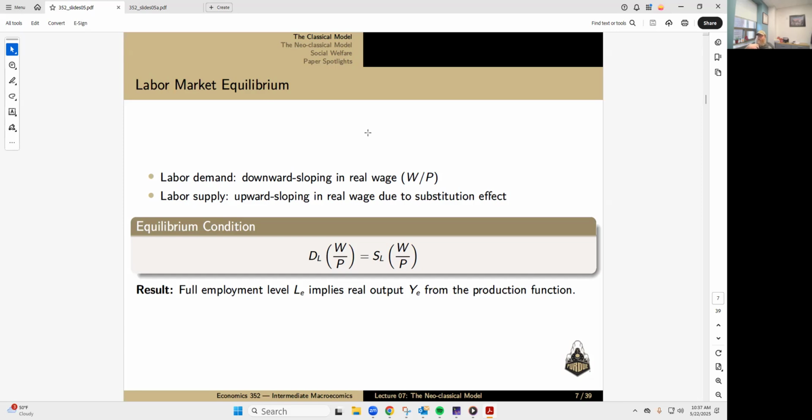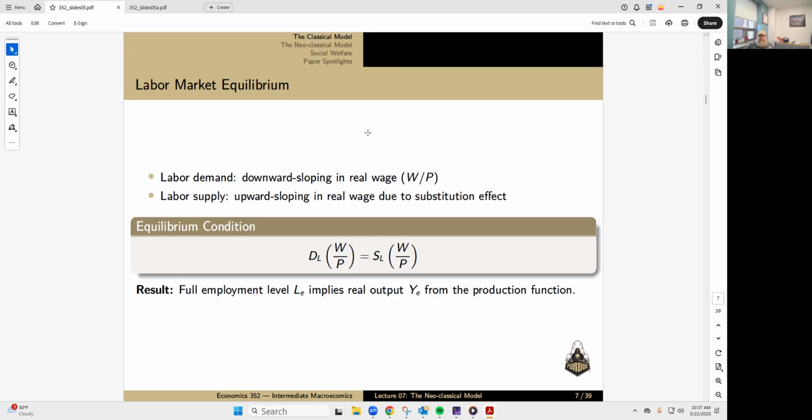So what this means from the classical neoclassical model is that we assume full employment. The idea of full employment is that there is no cyclical unemployment, essentially. That wherever the economy is, since the labor market's always going to clear, the labor market has cleared at that place, that is going to be full employment. Okay, so you start to see a little bit about why the classical neoclassical ideas did not favor government intervention. Because if you assume that labor markets are always clearing,